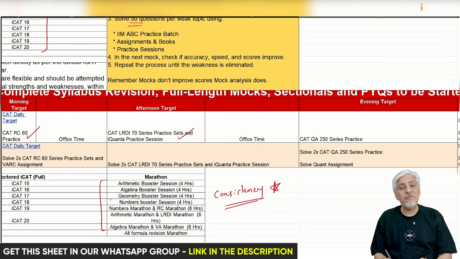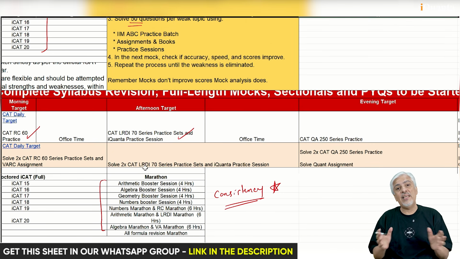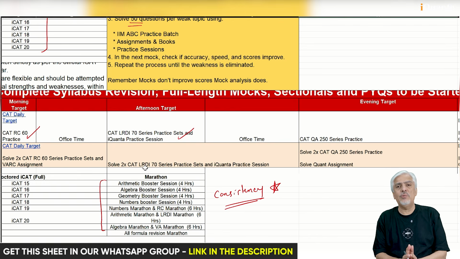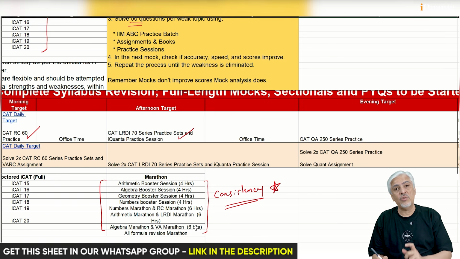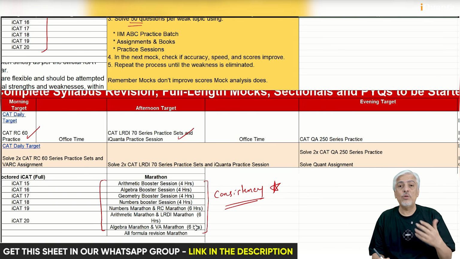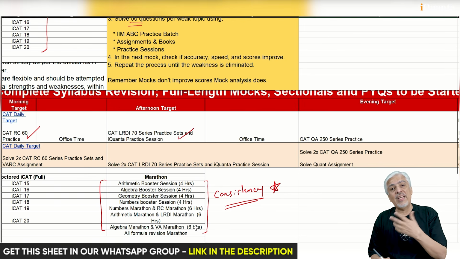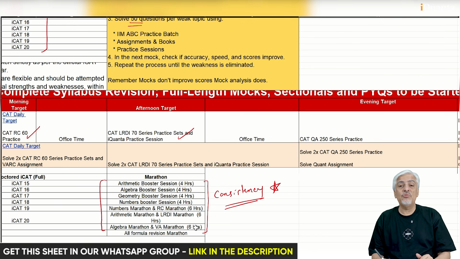These booster sessions, if you have been there with us till the first week of October, done everything regularly, I'm telling you, this October month will be great for you. October and the first couple of weeks of November will be great for you. And at that time, the jump you will get in your level, say if you are getting 75, 80 percentile, and to take you from there to the 90s, 95s, 99s becomes very important. Those 2 months, October and November, become very important.